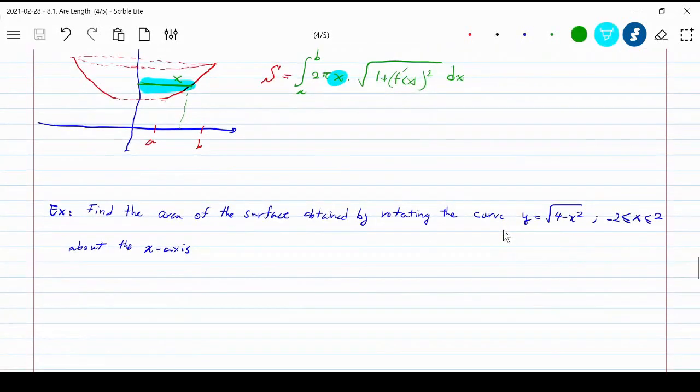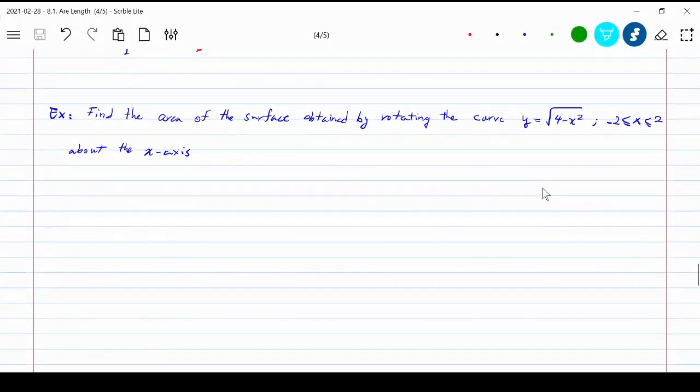So let's do a couple of examples to make sure that we understand how to use these formulas. It shouldn't be much more complicated. It's very easy to follow. Find the area of the surface obtained by rotating this curve over the interval -2 to 2 about the x-axis. So the surface area would be